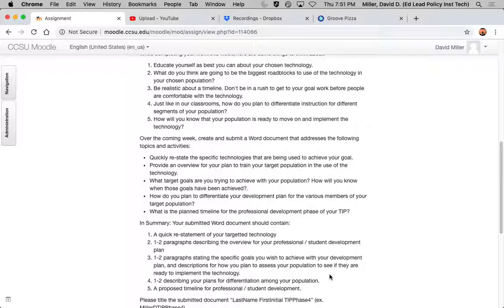So this, I actually set the due date for this not for next week, but for the week after, since we won't be together next week. And what I'll be doing in 2 weeks is giving you that overview template, so that you've got several weeks to assemble everything and clean it up and make sure it's all good and the I's are dotted and the T's are crossed before the end of the course, when these will officially be due. All right, so we're good?